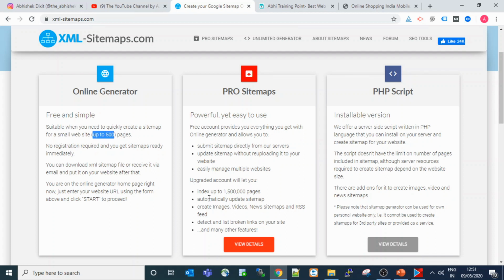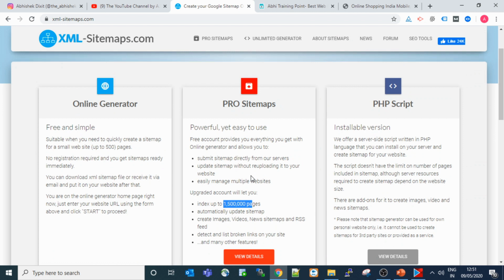If you want more than that, you have to go with the Pro Sitemaps or PHP scripts, where you can index up to 150,000 pages, and it automatically updates the sitemap. These are the properties you get with Pro Sitemaps. If your website consists of fewer than 500 URLs or pages, you can go for the free one.